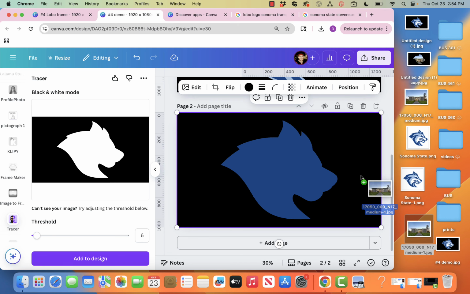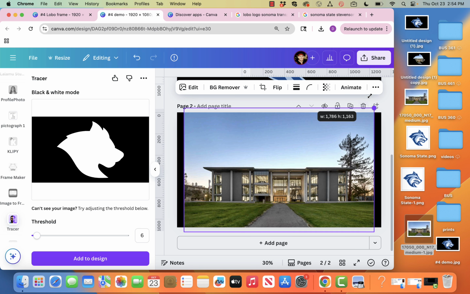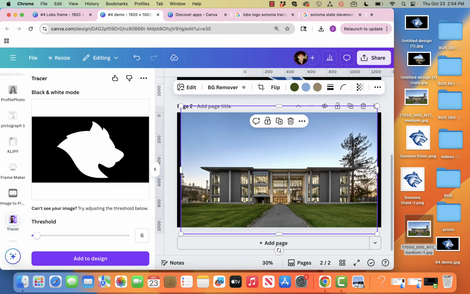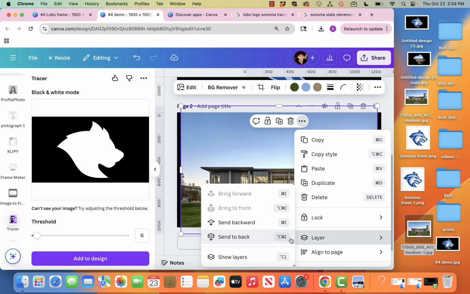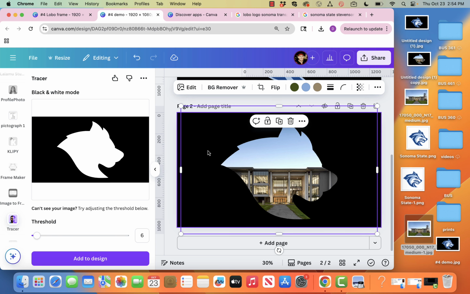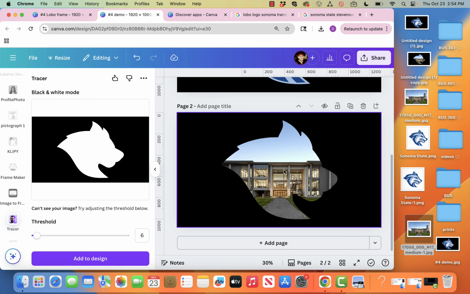And I have my image I want inside the frame, I can bring in and option drag. Then I could either send it to the back with the layer, send to back, or Command Option left bracket is the keyboard shortcut. And that's fine. I could make the path a little more noticeable. I could add some brightness if I want, but I don't need to mess with it. It's good enough. So, all right, now I need to flatten this